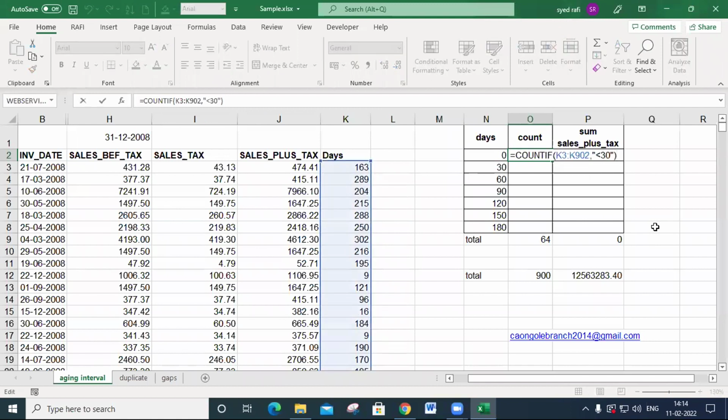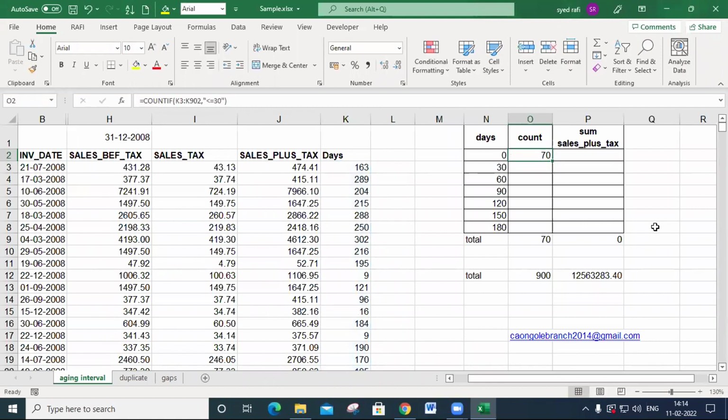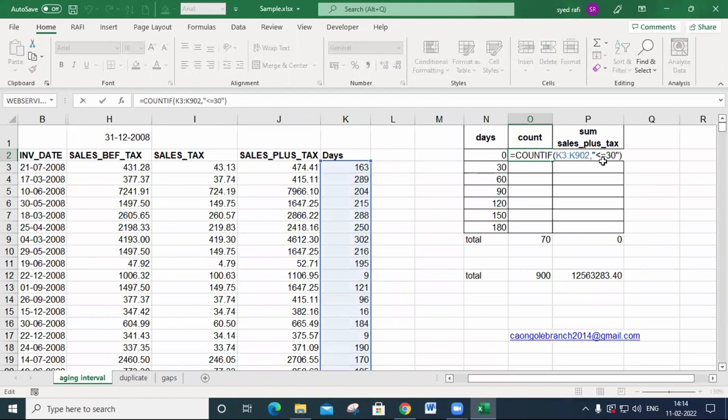If I place an equal to sign, then the value increases to 70. There is a 6 records variation by placing an equal to. So as per your requirement, if you want to include the 30th day, you may put an equal to. No, I don't want to include the 30th day. So 0 to 29 days only I want to calculate. So in this situation, you remove the equal sign.